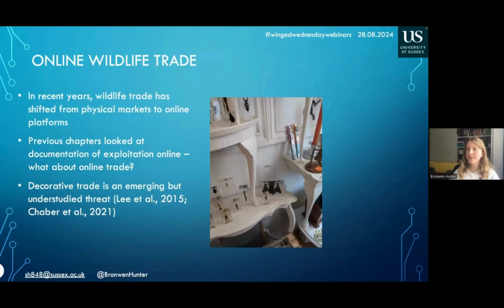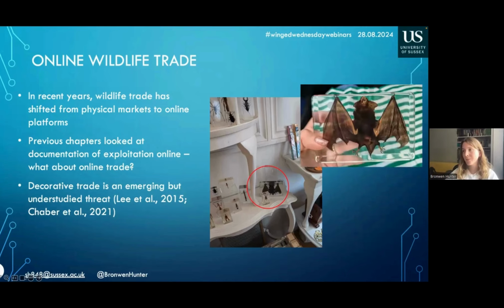So the decorative trade of bats was actually only first documented in academic literature in 2014, and it was documented at, I think it was a wildlife tourist market in Vietnam. But I actually recently had an experience of observing this trade myself. When I was on holiday in Devon, I spotted a preserved bat specimen in a gift curio shop. And this is it here. I haven't managed to work out, there was no information on where this was from or what species it was. So it'd be interesting to chat to anyone who might have more ideas about what this could be.